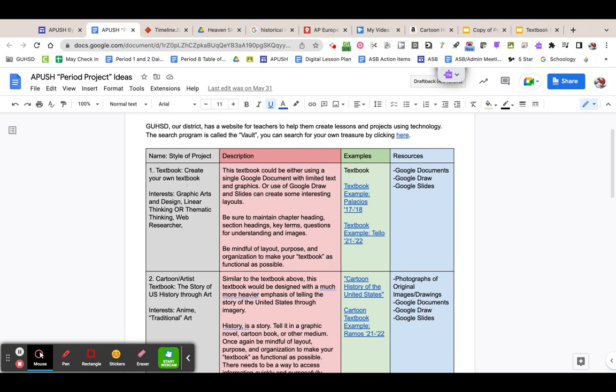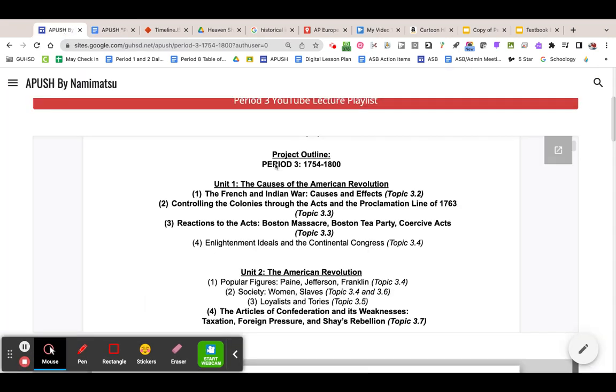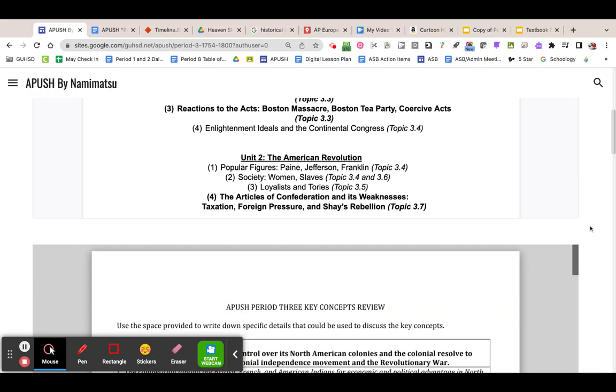As you look through this, obviously these are the name or the type of project. Over here, I give a little description. I give the examples and also these different resources that you can use to achieve the project and achieve what you want. Last thing that we're going to do, we're going to spend a couple more minutes just kind of focusing on